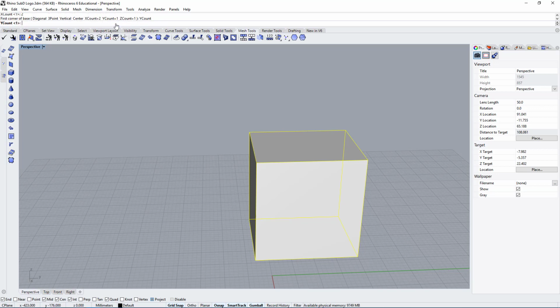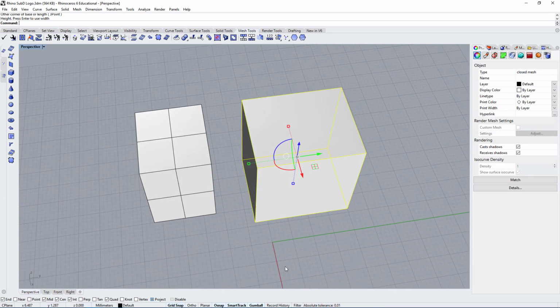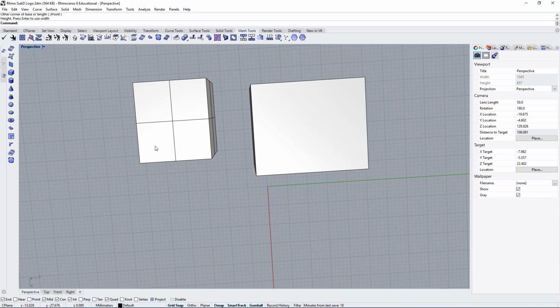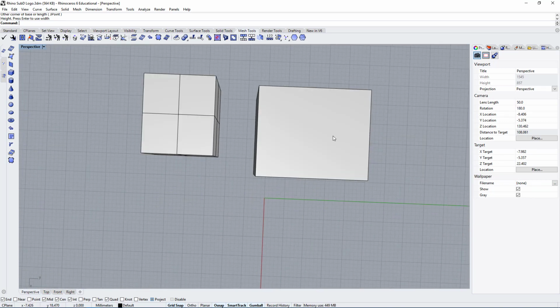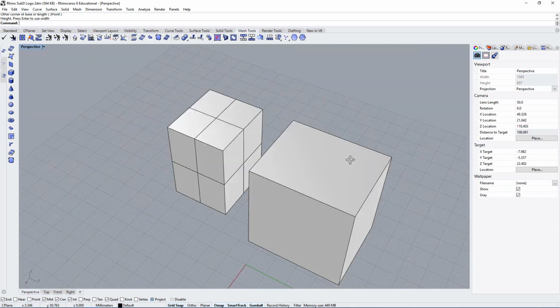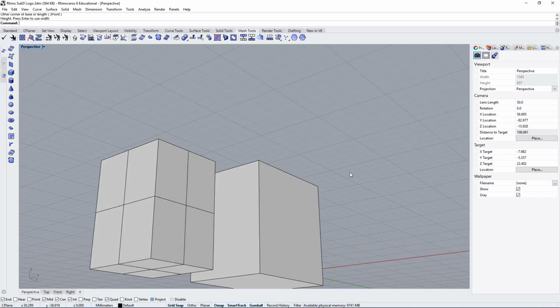Press enter, 2 for the Y, and 2 for the Z. If I do another box up here, you can see it creates a total of 4 subdivisions on all of the facets, on all of the sides of this box.